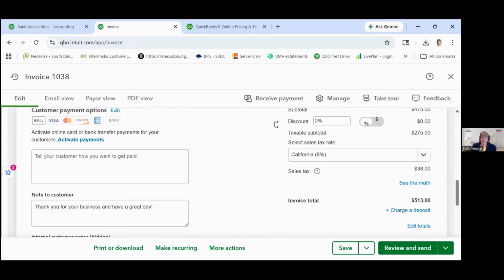And the total of $513 goes into accounts receivable. We're creating an invoice. We know the customer's not paying for this right now. We're going to send this to them so they'll pay us. So we're going to record an accounts receivable of $513. Sales up by $475, sales tax payable by $38. Those are our credits, and our debit to match that is accounts receivable. So we're going to save and close.